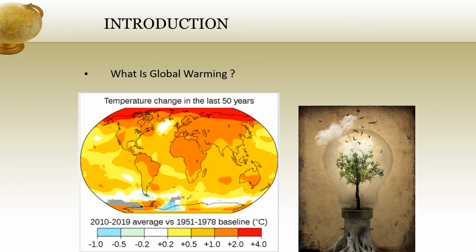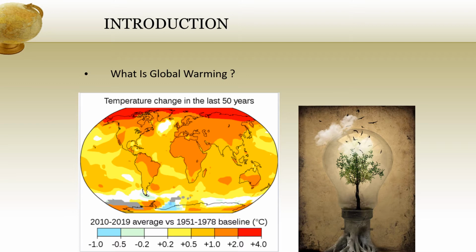Now what is global warming? Global warming is the rising average temperature of Earth's climate system, and it is driving changes in rainfall patterns, extreme weather, arrival of seasons, and more. Collectively, global warming and its effects are known as climate change. While there have been prehistoric periods of global warming, observed changes since the mid 20th century have been unprecedented